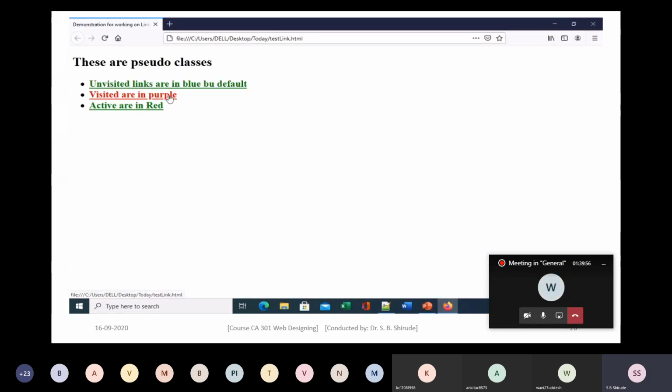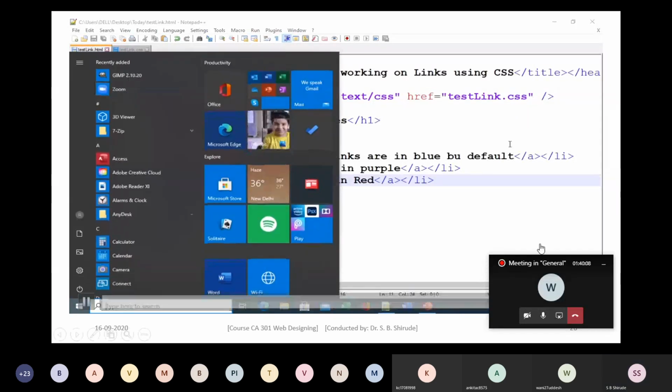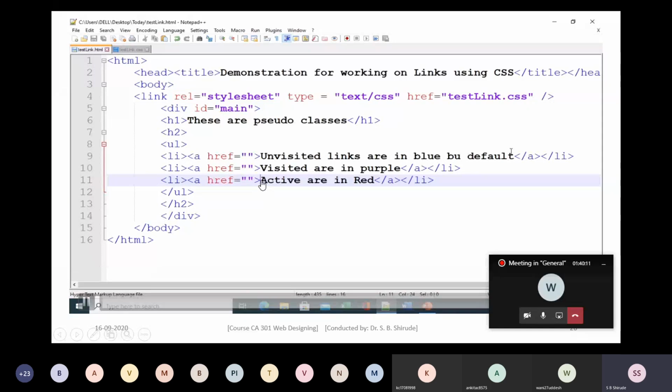Then when you are moving the cursor on that, it becomes hover and brown color is applied like that. And when it becomes the visited one, they become green. Okay, so like this, you can implement the pseudo classes and you can work with the links in CSS.